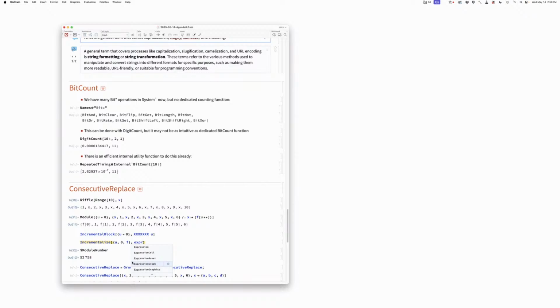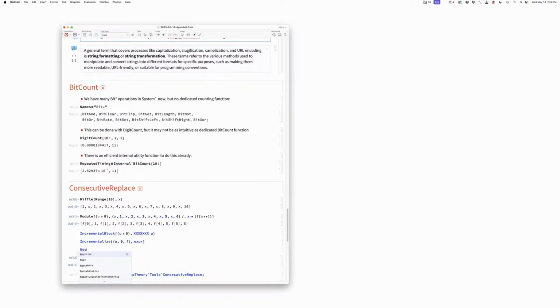Then this would say, okay, I'm going to start u at 0, and then every time u is used, every time it appears in expr, I compute f of that result. So it's effectively the nest list, effectively the successive elements of u, successive appearances of u in expr. Every time u is evaluated,